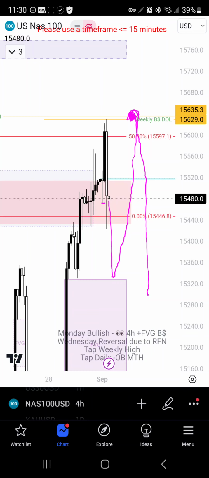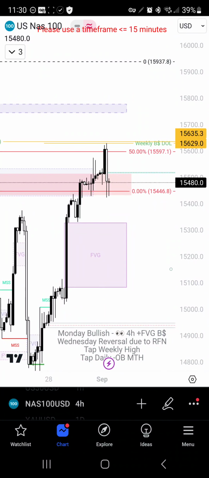Right. So again, my draws on liquidity are here, and I believe once we get those draws on liquidity, the market will shoot down, right? Since these are my draws on liquidity, I'm looking for a spot for the market to take support at. So I'm thinking this 4-hour FVG right here, maybe the golden goose, if you will, right? 4-hour FVG, or even this little order block down here. Okay. So yeah, that's pretty much it, guys.